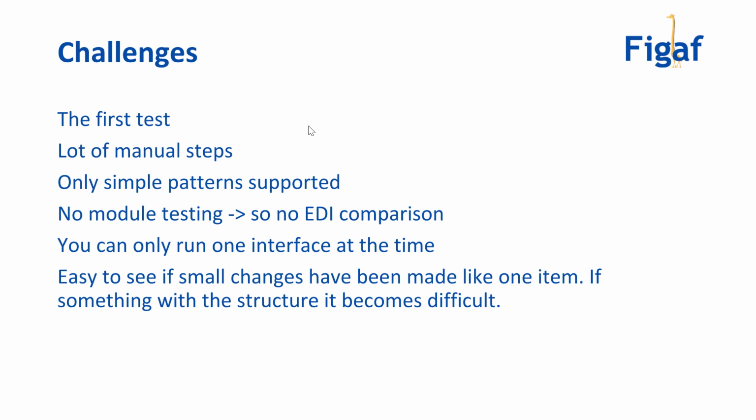Right now you can only run one interface at a time, so you can only run one test case at a time, and you do need to do the verification. As I see it, it's only possible to see small changes in an item if there is a structural change or anything like that. Obviously you need to flag it,